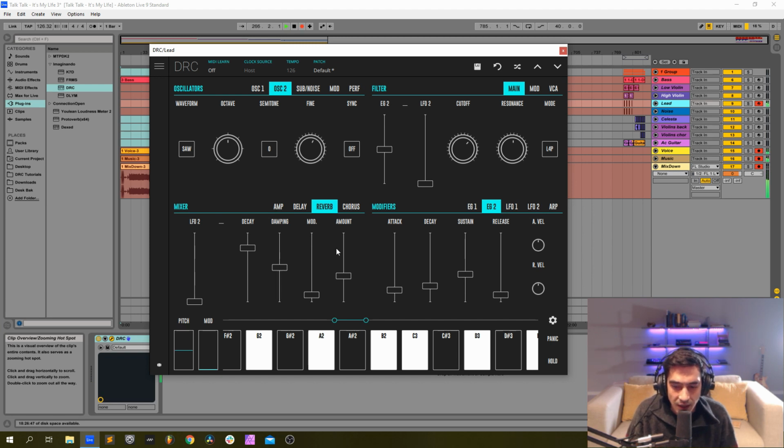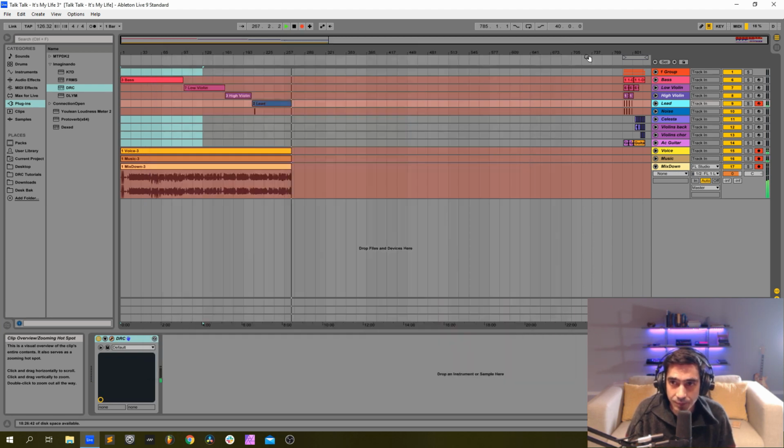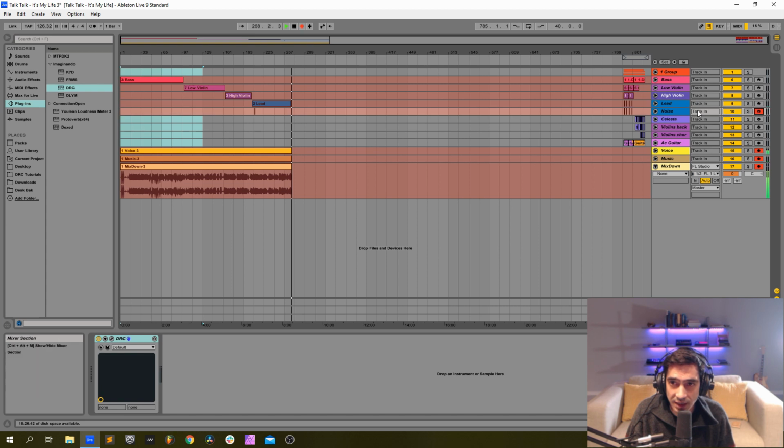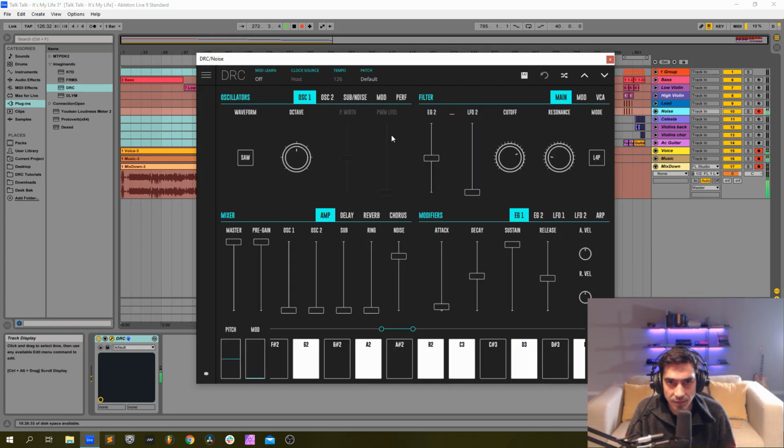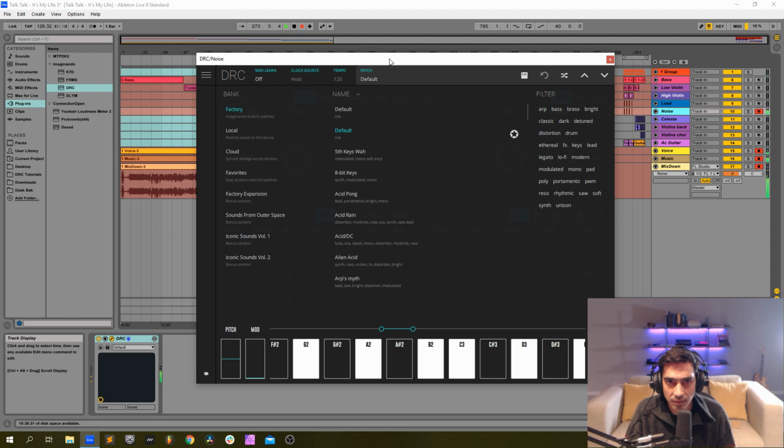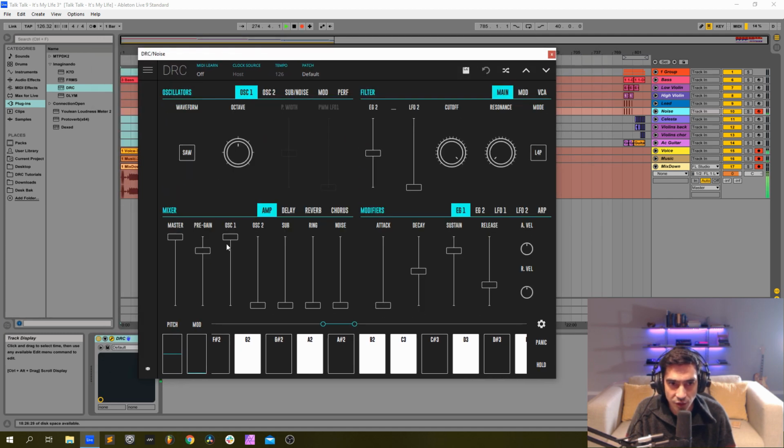Okay, now for the noise is just this. Okay, so open in DRC, default patch, and first thing, drop the oscillator 1 to 0, raise noise to maximum and pre-gain to maximum, drop the cutoff to